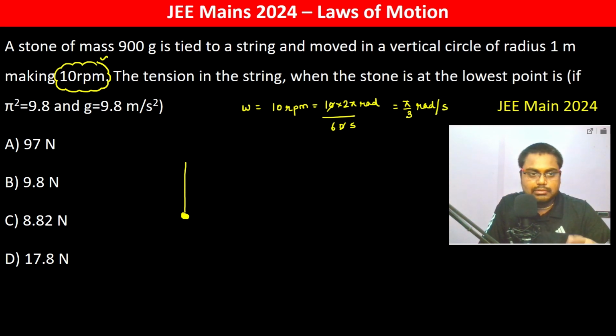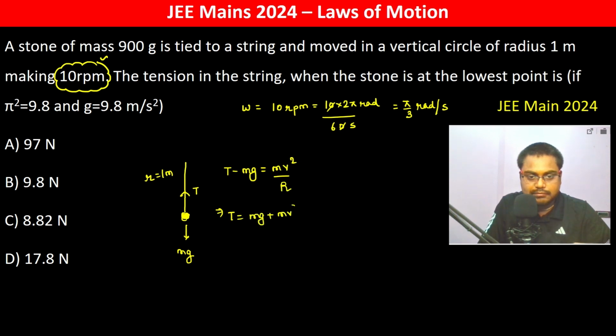Okay, now the mass is 900 gram. Okay, so now if we see, this is mg, this is T, and this is r is equal to 1 meter. Okay, so the tension in the string when the stone is at the lowest point, so T minus mg should be equal to mv square divided by r. So therefore T will be equal to mg plus mv square by r, which is equal to now